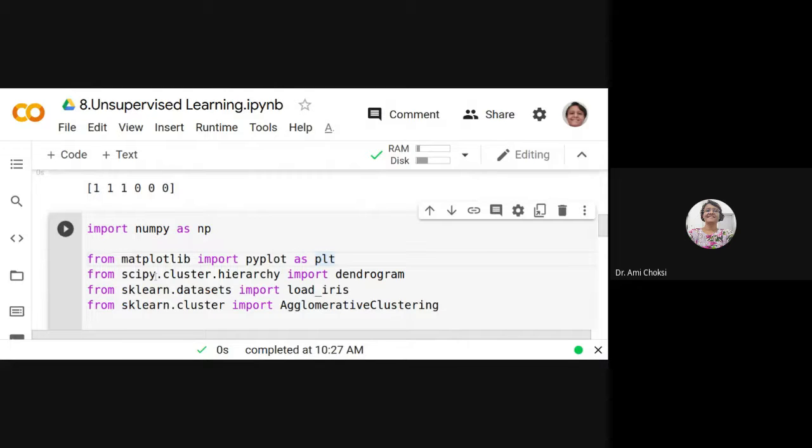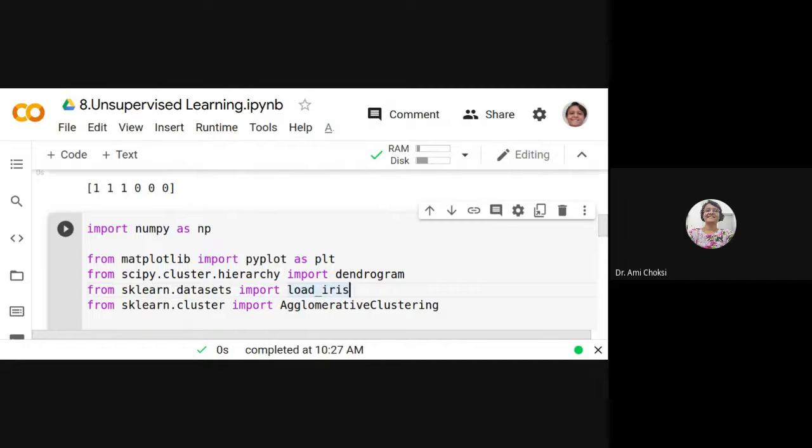Then from scipy.cluster.hierarchy, because we want the hierarchical structure, isn't it? For that, import dendrogram. From sklearn.datasets, import load_iris. That is the data set we are using.